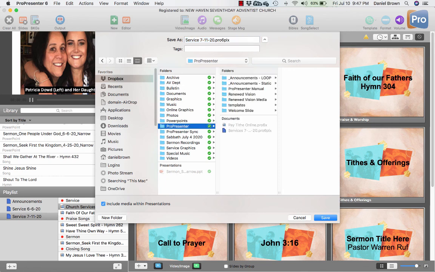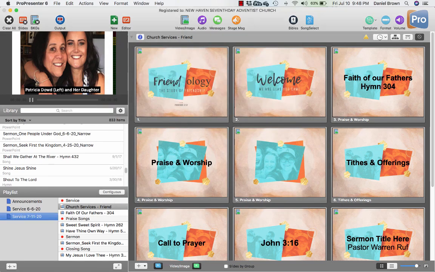When I choose Export Playlist, again I would go to my Dropbox. I always put this into the ProPresenter folder. It just makes it easier when you get to the church computer to put it into the correct folder itself. You'll also want to make sure that you check this Include Media within Presentations. That way if you have any special backgrounds, those will be included as well. You'll notice that it gives you a name here, and this is basically just a zipped file. If I choose Save, that's going to kind of zip up that ProPresenter playlist,